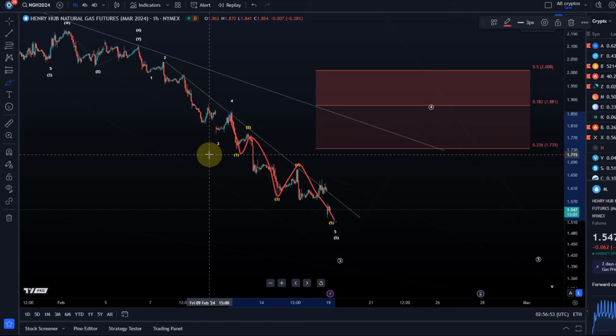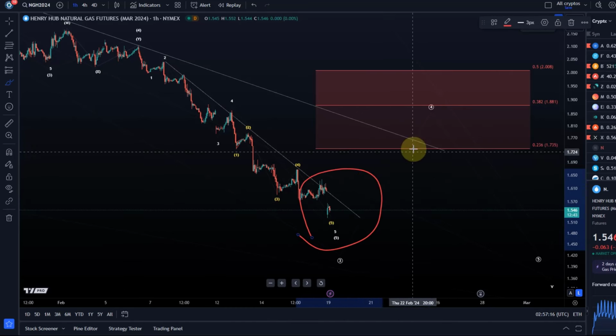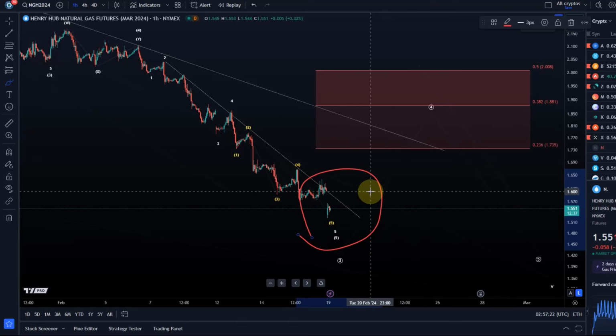I gave you the next support area. Literally, it could turn around at any point though. The next level to watch is around 140, then 135, as I showed you on the longer time frame. But literally, it takes some kind of a break above resistance, micro resistance here locally, to at least open the door to a larger fourth wave corrective rally. And it should ideally happen from somewhere here. It's oversold now,